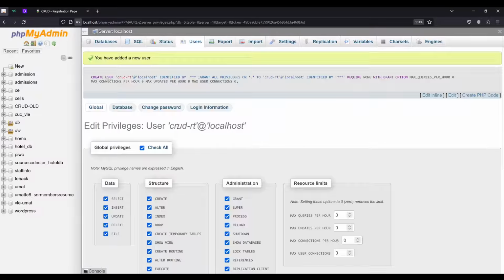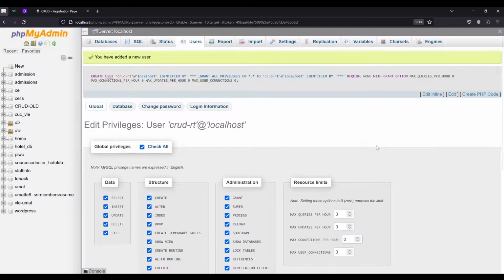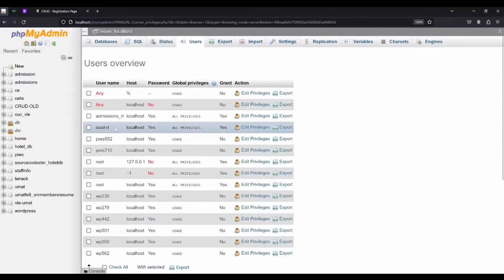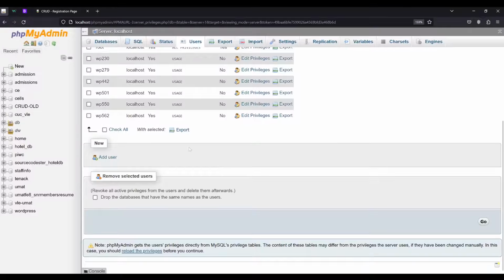I'll click on go so I can save this one. It's not mandatory. So now I've been able to create a table. So we have in here, I have a user called CRUD which is working on the local host. So when I go to the users again, I should be able to see CRUD, and I have full access to this. So I can log out of this